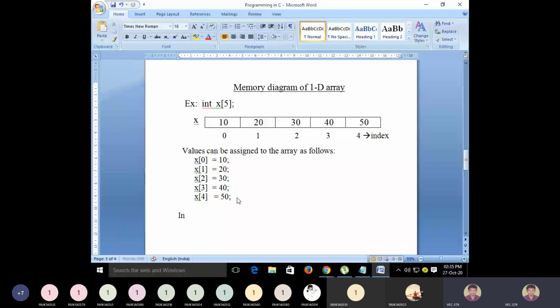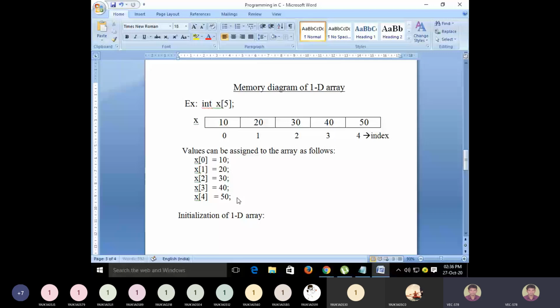So how can we perform initialization of a one-dimensional array? Is it possible? Yes, possible. When initialization of ordinary variables is possible, then an array is also a variable, so you can perform initialization of a one-dimensional array.